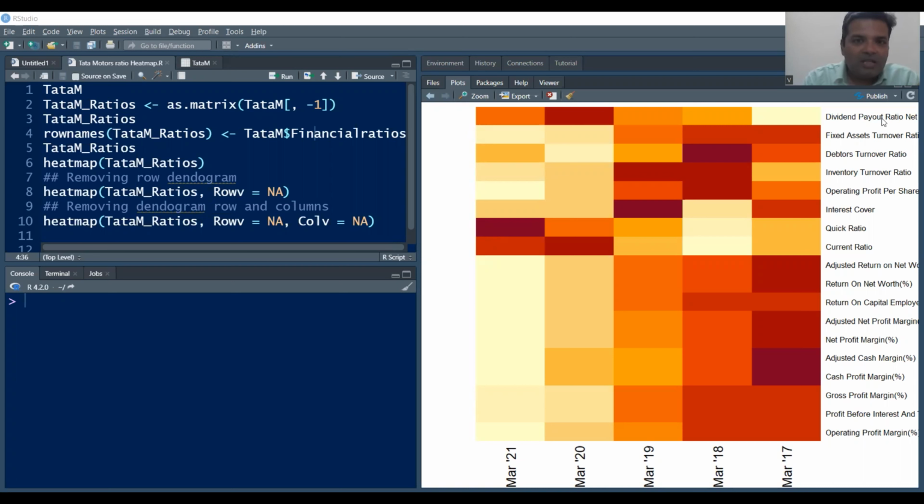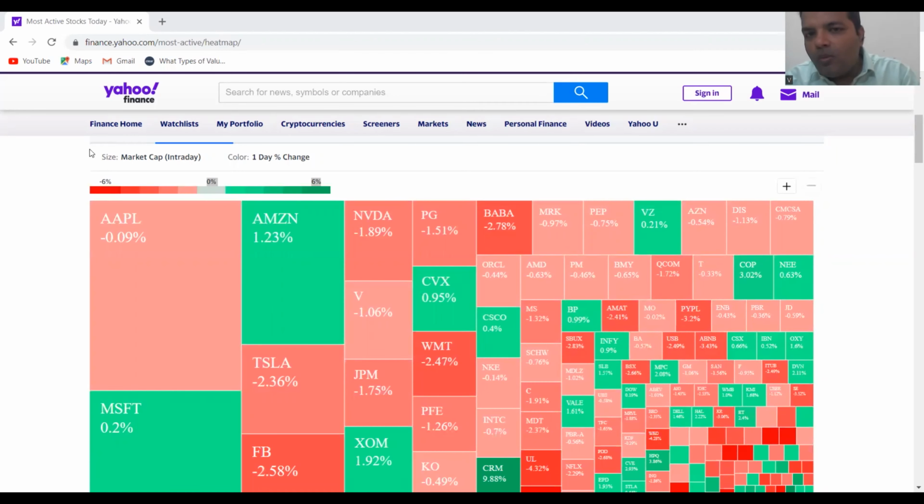We human beings find it very easy to interpret colors. So a heat map provides a solution to interpret the numbers, and this is very helpful for a common man. So let's create a heat map in R. But before moving to RStudio, let us take one example of a heat map application in